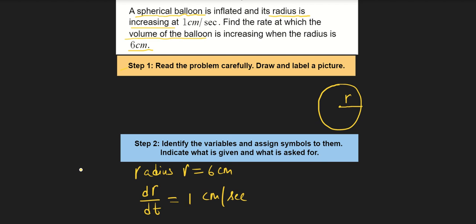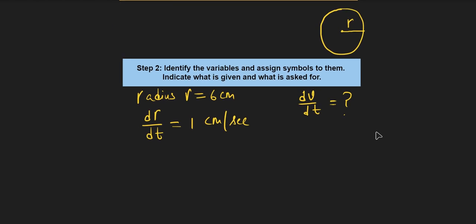second. Okay. Now also in this question, we have to find the rate at which the volume of the balloon is increasing. What that means is we have to find the value of dV over dt for sure. Okay, so the reason why we took 1 positive is because of the word increasing. If the radius is decreasing, then we would have taken -1 here. Okay, so now after we identify the variables and what we have to find, let's go to the third